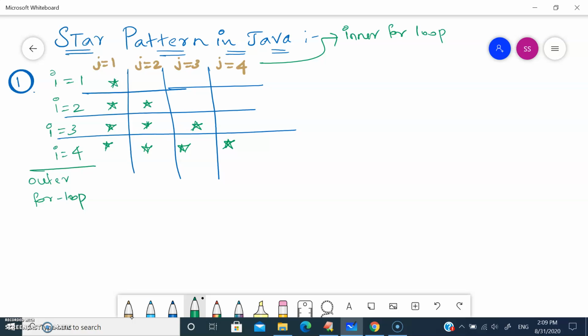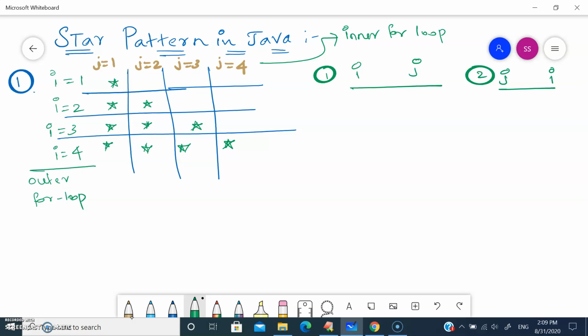After you convert your star pattern into a matrix format, the next step is to check in which conditions the stars are getting printed. You can check the conditions in two ways by comparing. First you can compare I and J. The next you can compare J and I as well. Now we are going to do both ways. Either you can compare I and J or else you can compare J and I.